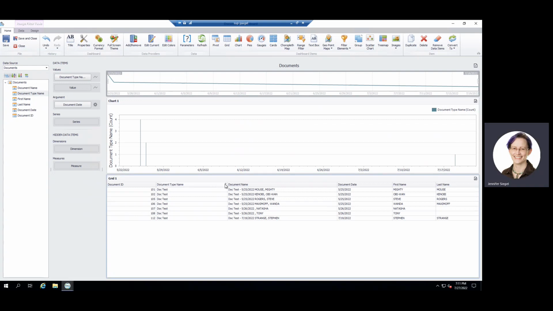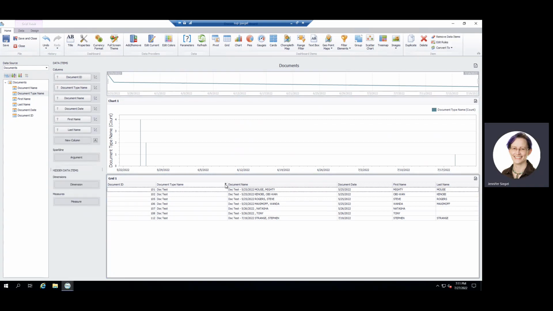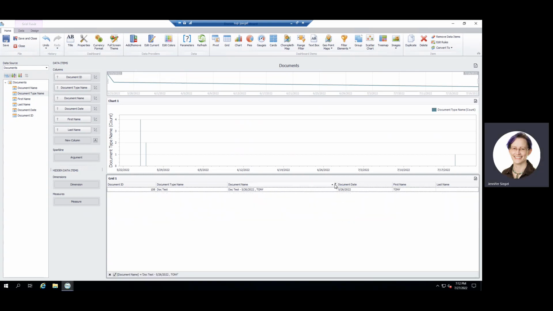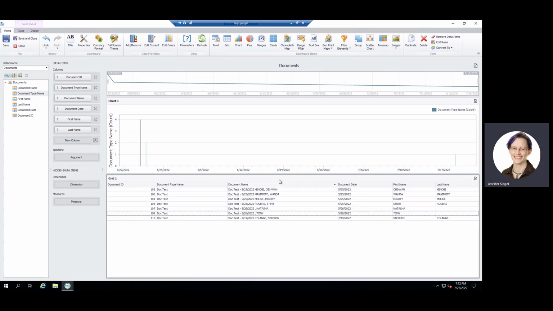So you can also just click on various things in here in the grid to, well, that's not useful. This one, right? So if I wanted to only show me that one, you can filter on there by clicking on the little funnels. And you can sort by that too. By default, the grid will sort from left to right, top down. You can click on this arrow over here to change the direction of the default sort, but it will always sort from left to right. That you can't change.